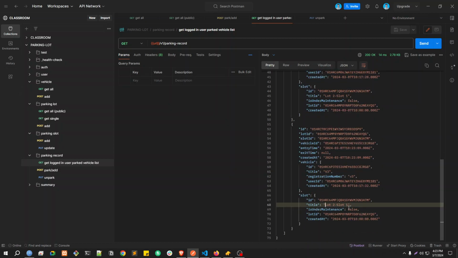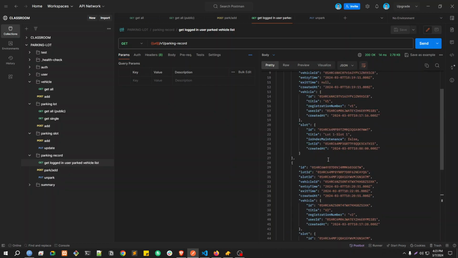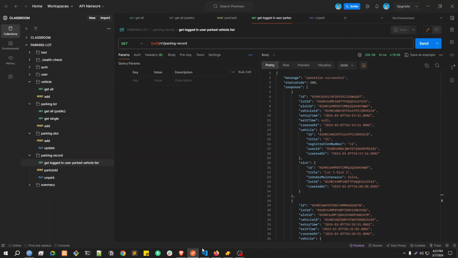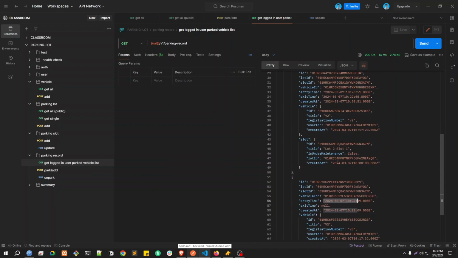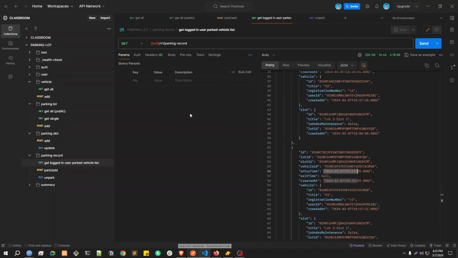B3 which is in lot 2 and slot 1 and currently is in the parking lot. So there's the thing. This is actually the task of a user. So now we will log in as a manager, and we'll see what are the